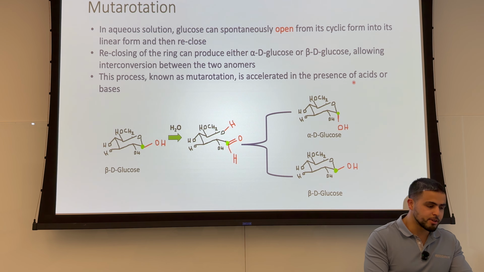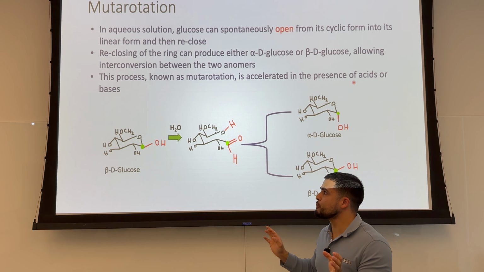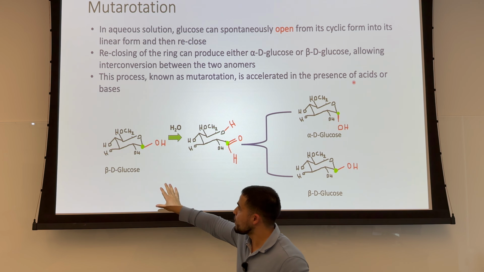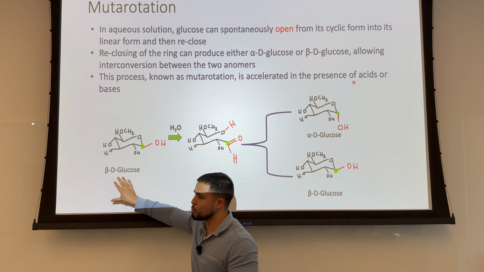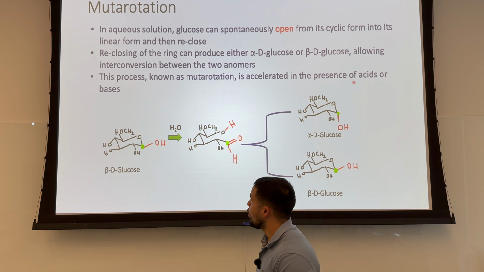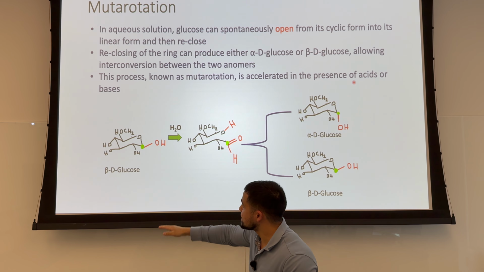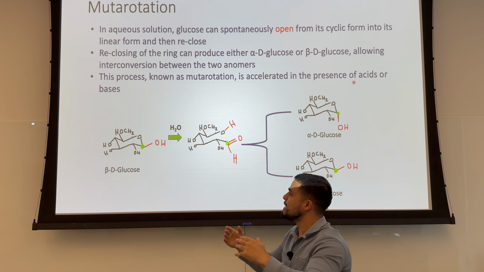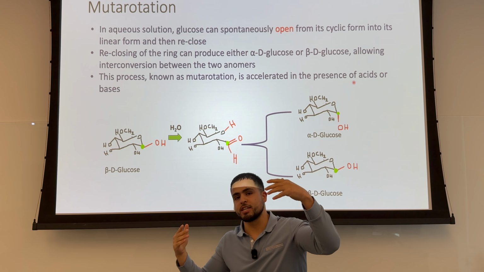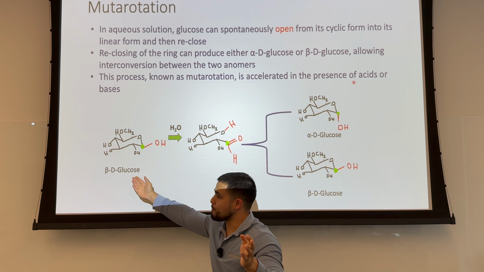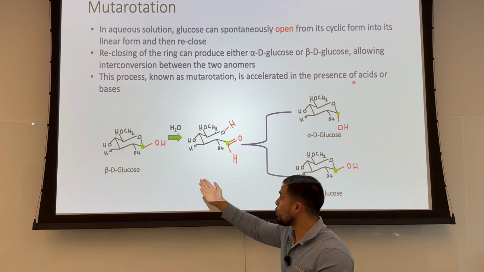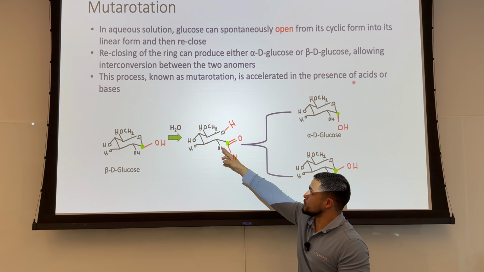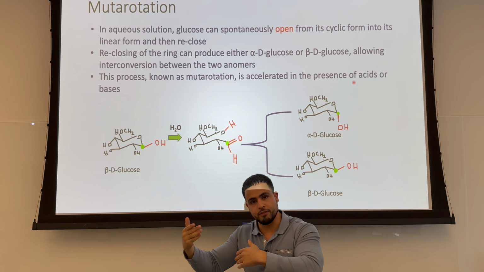Okay, now we have something called mutarotation. Essentially what this is saying, I know this seems like a lot, but it's a pretty straightforward concept. Let's say you have a beta-D-glucose in solution in water. What's constantly happening is that this ring is opening and closing, as you can see right here. Now, once it opens, it can sort of decide whether it wants to revert back to the beta-D-glucose when it closes or become the alpha-D-glucose, because these atoms or groups can be rearranged so that you shift to the